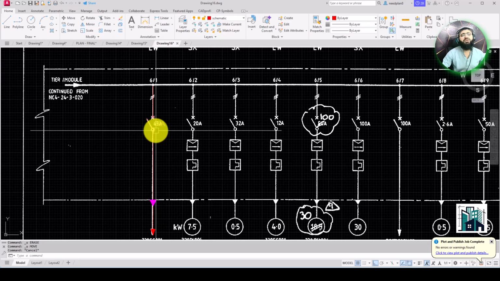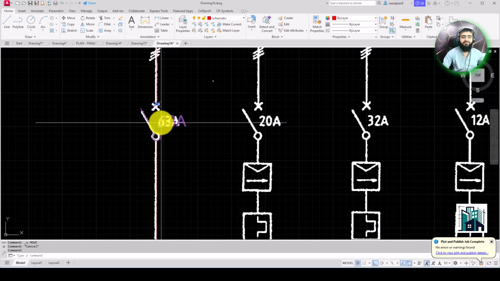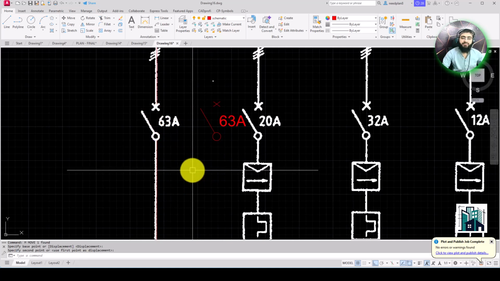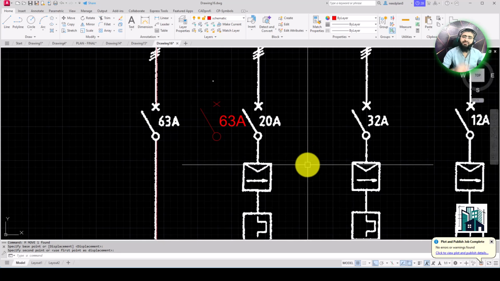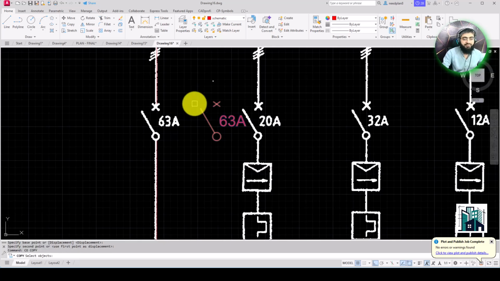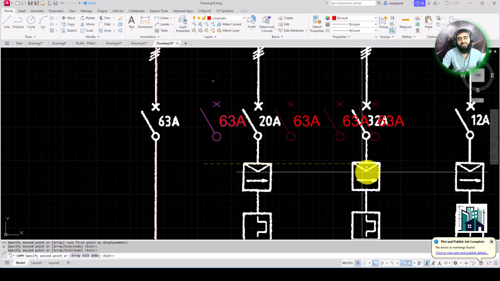So you can use any command for this purpose, like I have selected this for the move. Now I want to copy this, so I don't want to select this again and again and again. So you will just have to enter CO, that is the copy command, CO enter, and then you don't need to select that, P enter. When you click P enter, that object has been selected. So now again enter, and then you can copy that object easily.